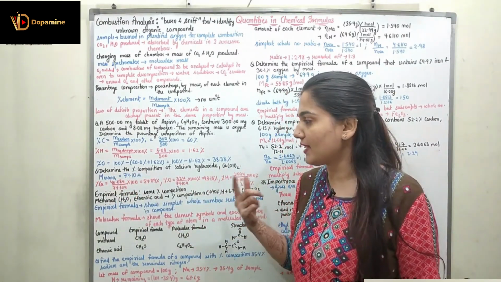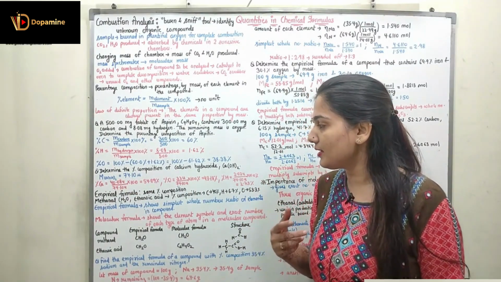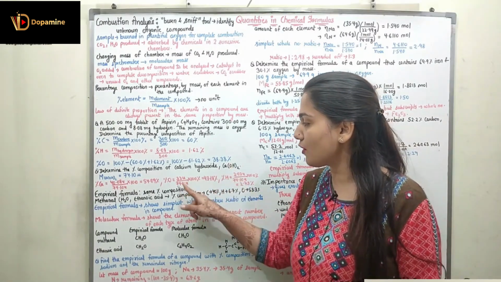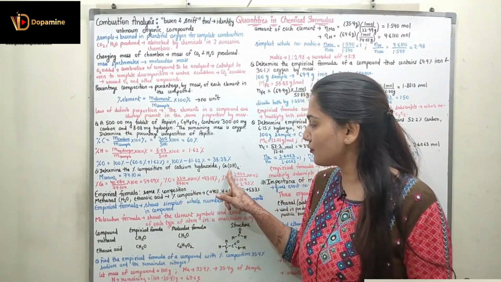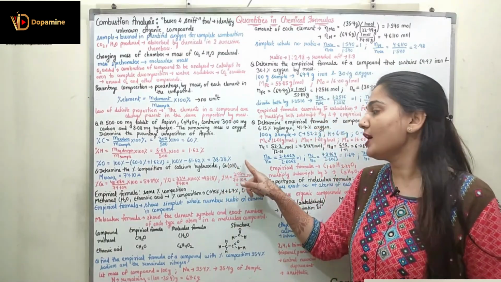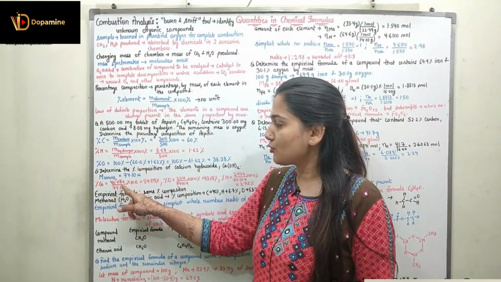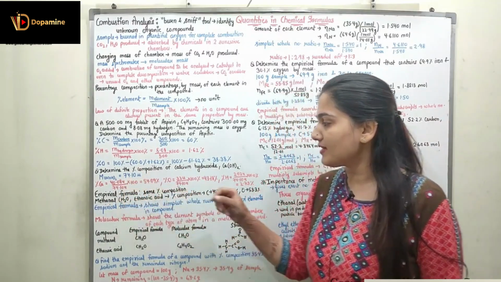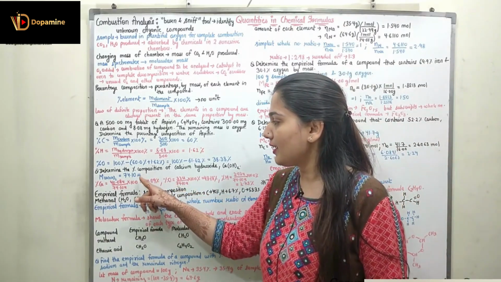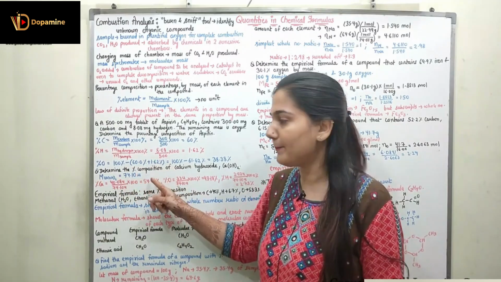We know the molar mass of calcium is 40.08 U, and the molar mass of oxygen is 32 U, right? So here we have twice of oxygen. So molar mass of oxygen in this compound would be 32. The molar mass of hydrogen would be 1.01 into 2, that is 2.02. So the total molar mass of CaOH2 would be 40.08 plus 32 plus 2.02, which is 74.10. Right? So 74.10 U is the molar mass of CaOH2 sample.